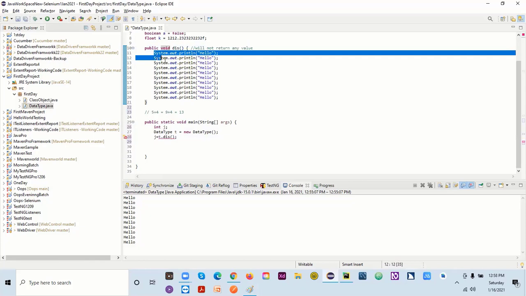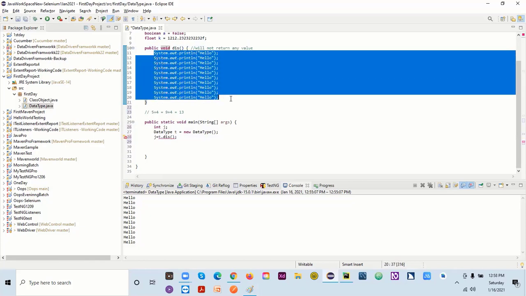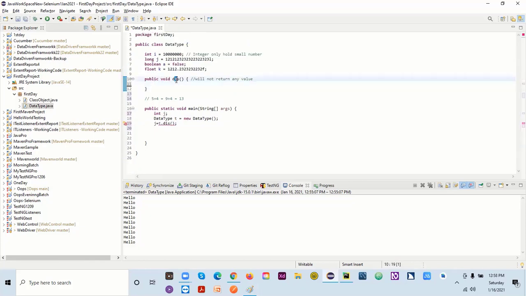So let me do one thing. Let me remove everything from here. All right. So I can give any name, right? So I can give sum here. Now we are dealing with sum. Sum is my method name. Okay. And instead of this void, I can say,